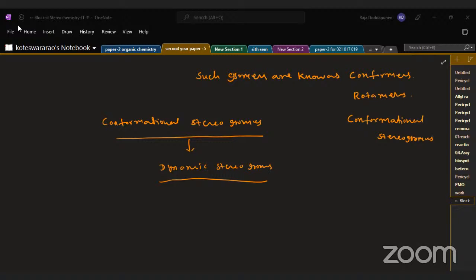Or if you come to chemical reactivity, is it undergoing reduction, oxidation, addition or substitution reaction? When we are comparing one isomer to another isomer, this study of physical and chemical properties is known as conformational analysis. Now we can make a sentence here: the study of